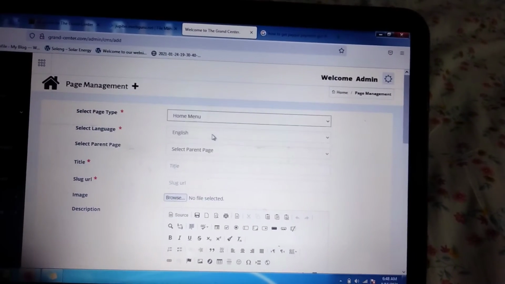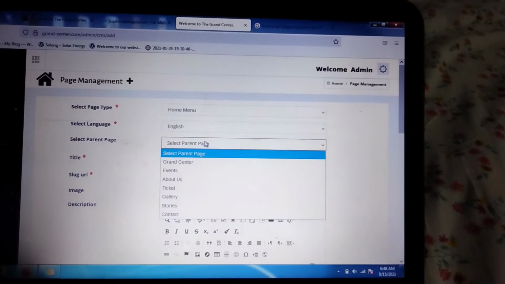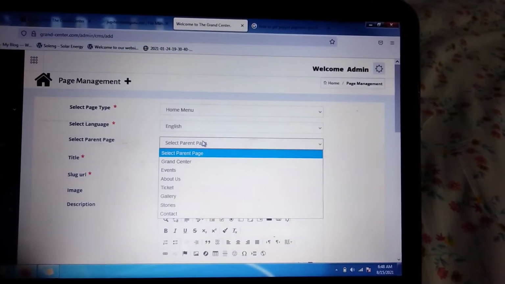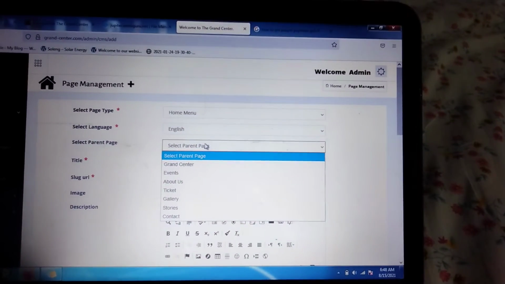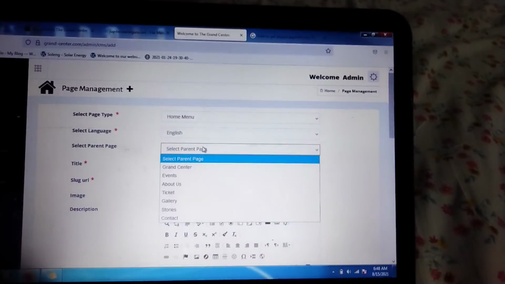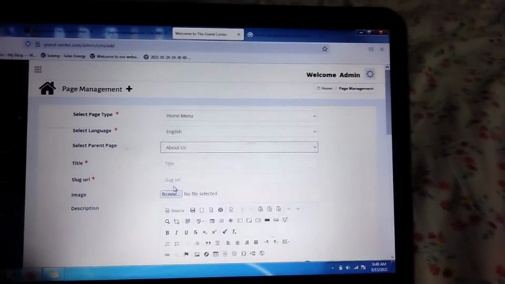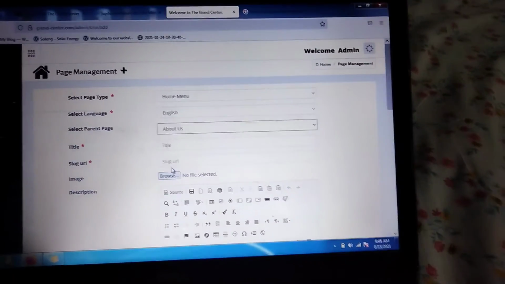And there's a select type. First of all, you select whether it is the home page or not. Then select the parent page. Parent page means the page under which you are creating this page. Like if you want to create a page under About Us, then you select the parent About Us. Okay, so like this you can create the page.